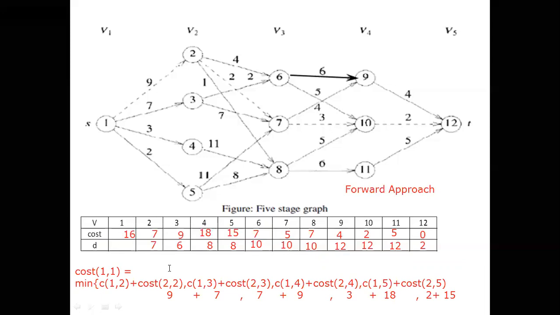Which vertex is it penetrating? Since both the values are the same, we have to consider both vertices. Which vertex in 1 2 is it penetrating? It is 2. For 1 3, which vertex is it penetrating? It is 3. That is why we have to write 2 bar 3, or 2 slash 3. Right, this is our calculation.